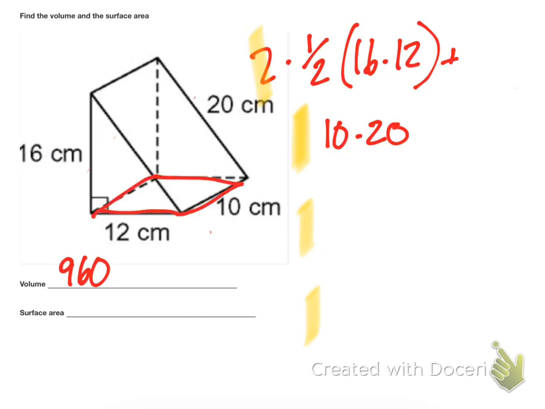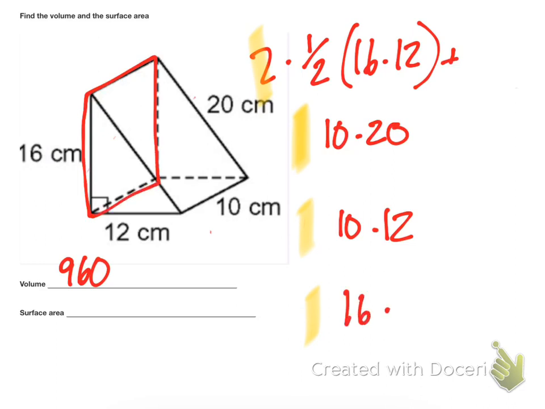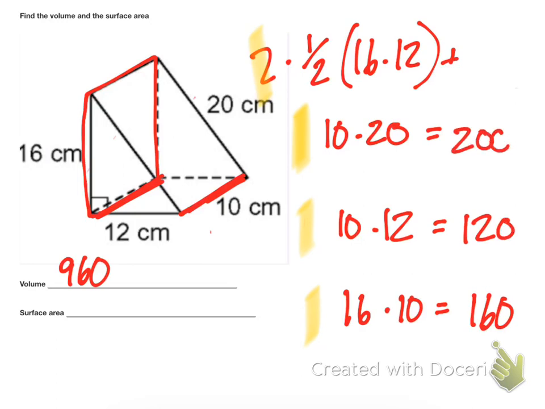So this side right here, this one is 10 times 12. Look at that, right? And then we've got our last side here, which is 16 times 10. It's important if you try to imagine this length is 10, so this length is 10. We see all of that. So if we're adding all of these up together, 160, 120, 200. Don't feel like doing it, so